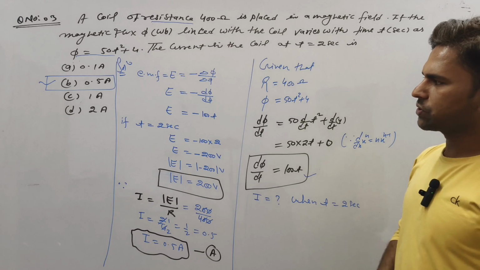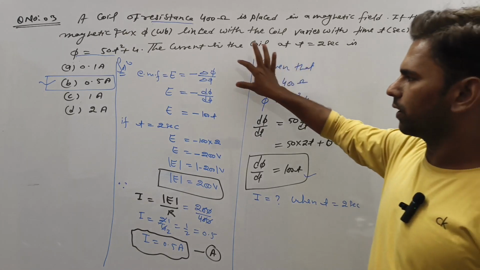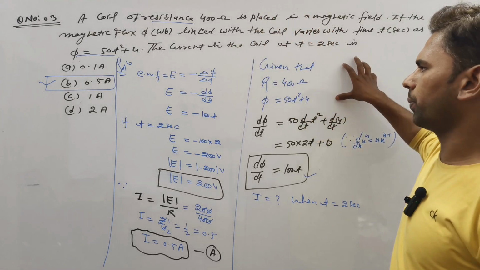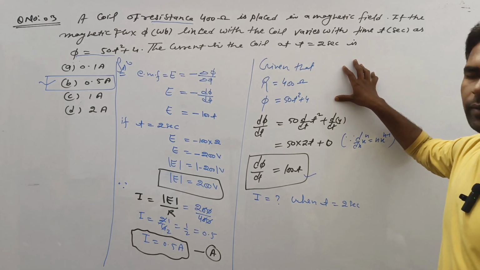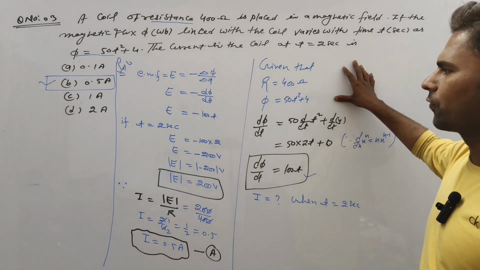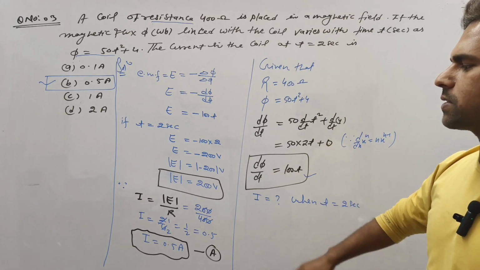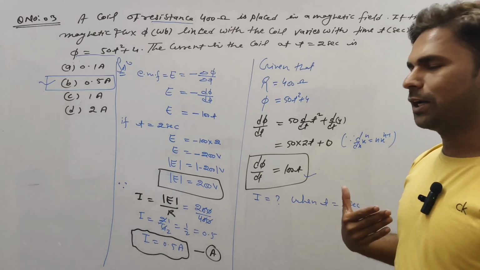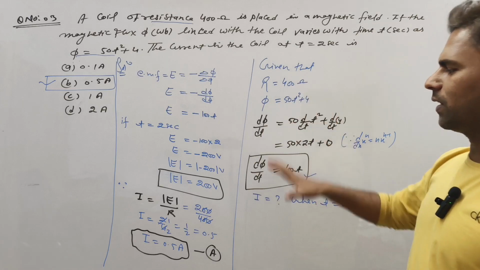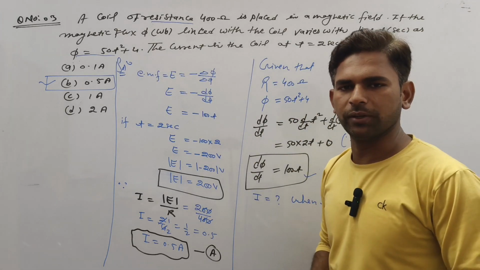Now, once again, I am telling you this one is a rough calculation, this one is the final formula. If you have no practice with this topic, this concept, please first revise this concept, and after that just follow these types of rules once again. After that you can make a shortcut, depending on your calculation. If your calculation is good, then definitely you can get it easily. Now we are going to discuss the next question.